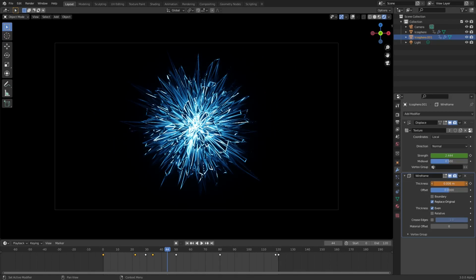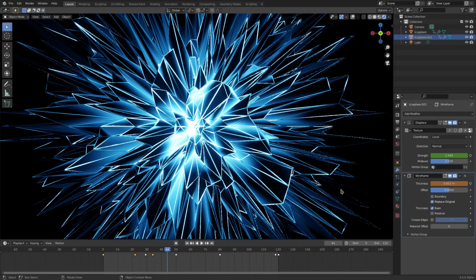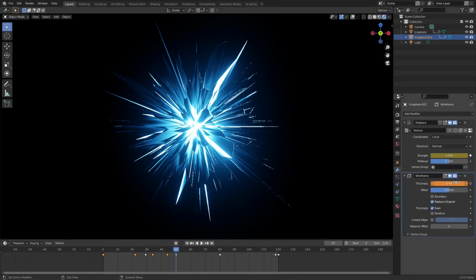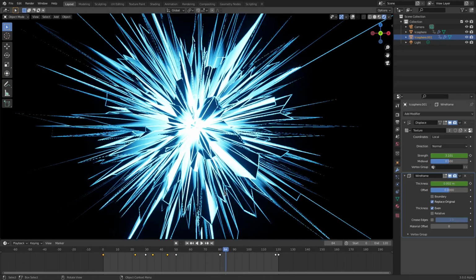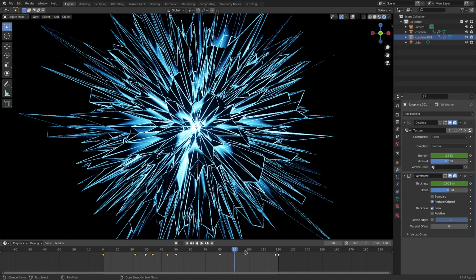We'll change it back down to almost 0, so 0.002, so we get those nice little outlines like right there. Hit I, and then on frame 50, we will fully put it back to 0 there. Hit I to insert that. Actually, wait, that looks kind of cool on 2. Oh, that's kind of cool on 2 still. Yeah, we might leave it on 2 all the way until we get to about here on frame 90.